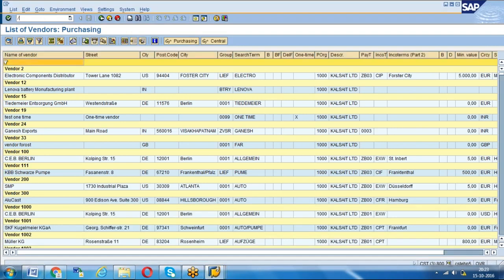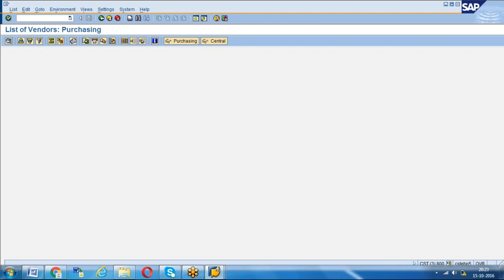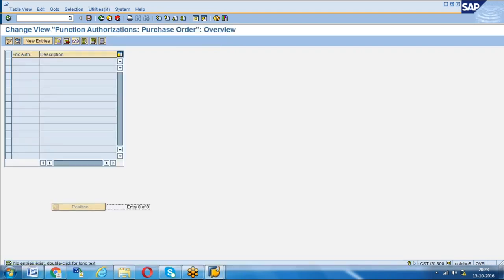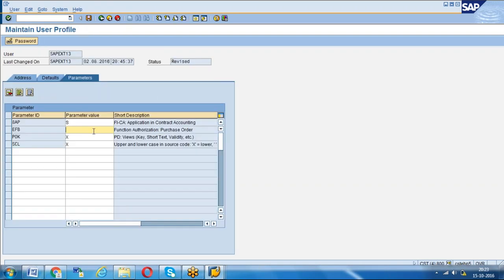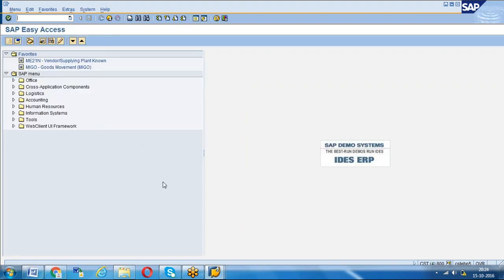OMET. You can go with SPRO also. This is authorization related. Here we have to keep the functional authorization, and here we have to set up whether the reference price has to be picked or not, reference to PR, adopt price, all the parameters, everything we have to maintain, and the authorization parameter value we have to maintain here. If we maintain parameter ID EFB, then the PR price will be captured to PO. These are all things we have to do, but as per standard what you have to tell is that the PR price won't be